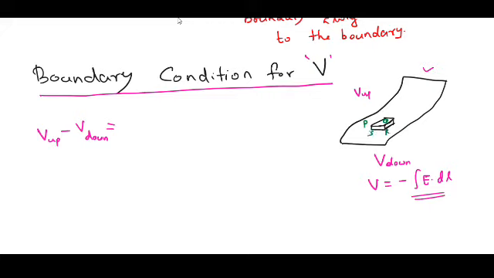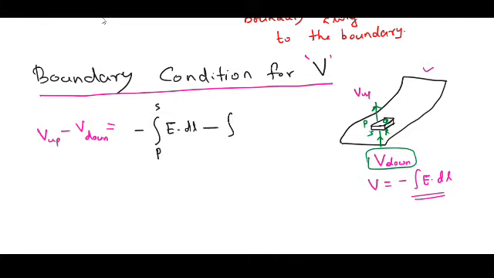But to calculate the electric potential, what limit will we apply? The electric potential varies abruptly perpendicular to the surface. Since the variation is normal to the surface, for the electric field we have to take the integration from P to S of E dot dl